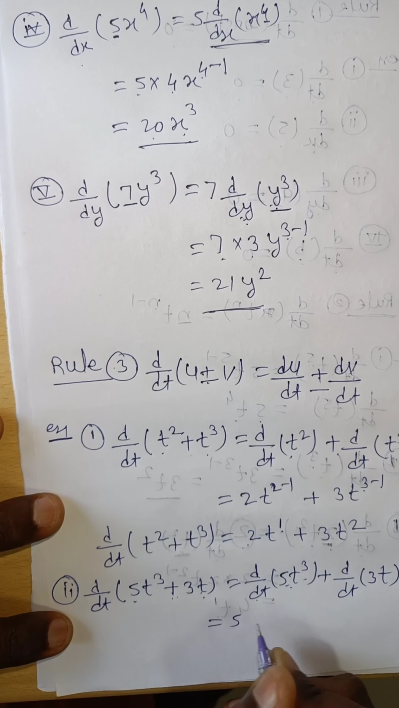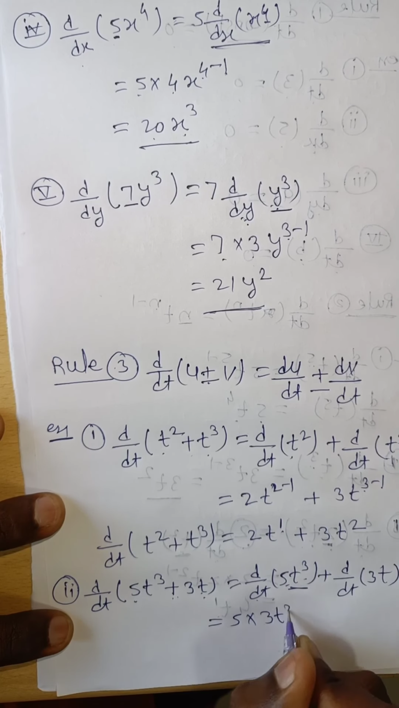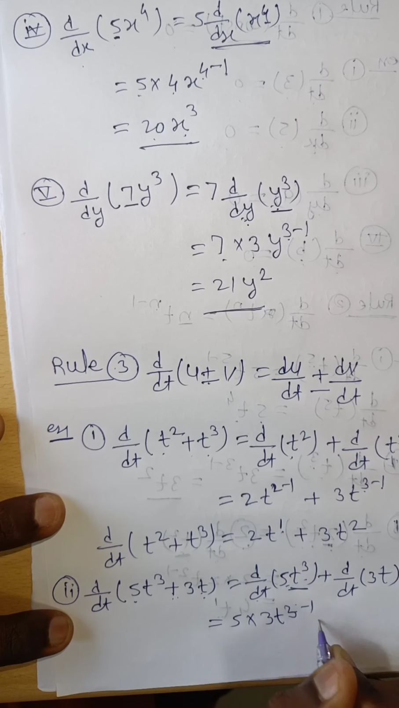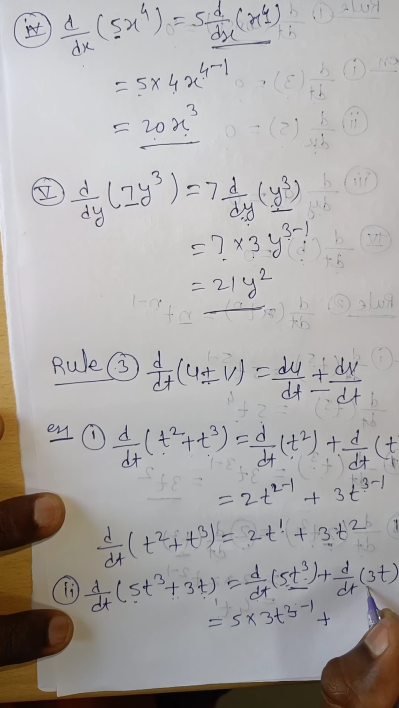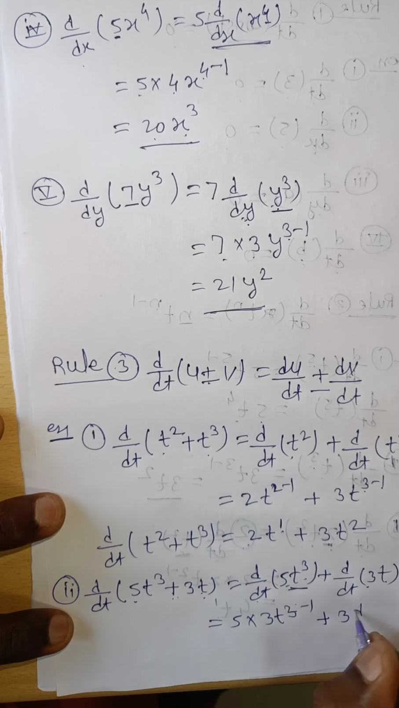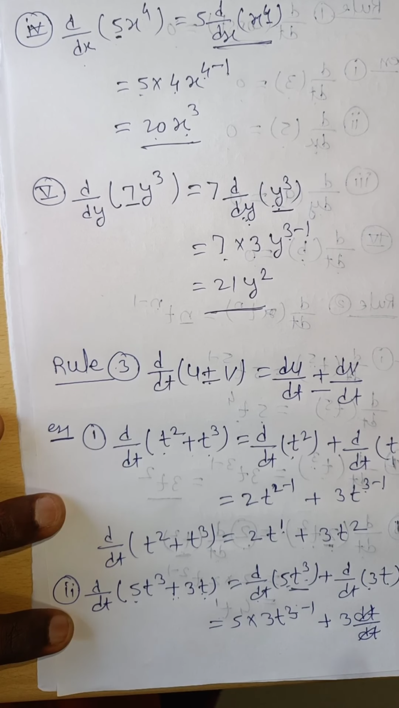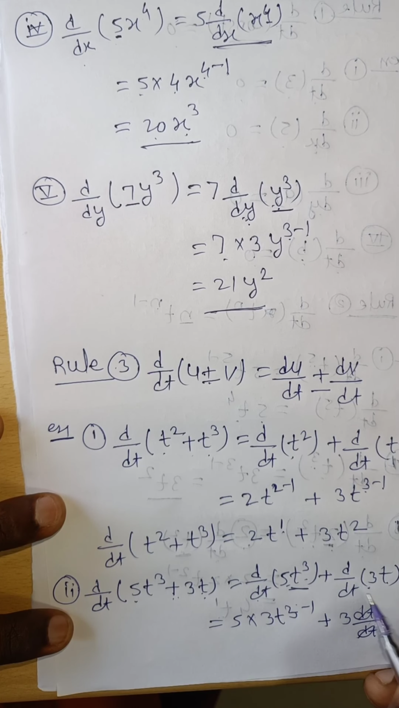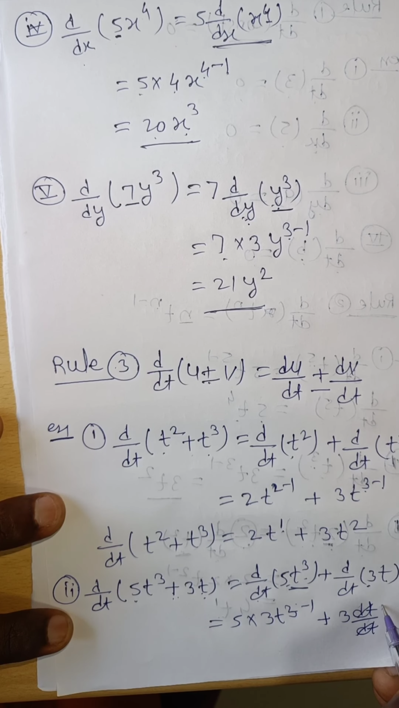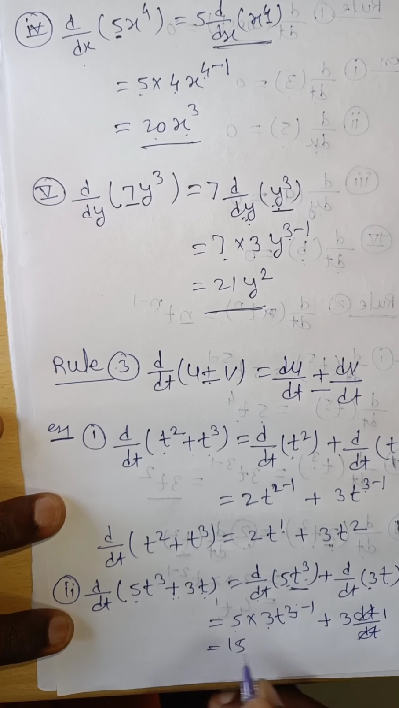Directly I have to write 5 into differentiation of t cube, which is 3 into t to the power of 3 minus 1, plus d by dt of 3t. Here 3 is a constant, and dt by dt cancels, only 1 remains. So that is 5 into 3, 15